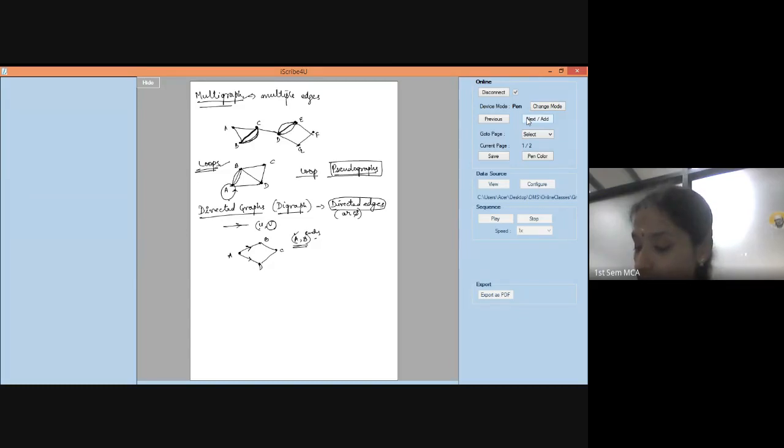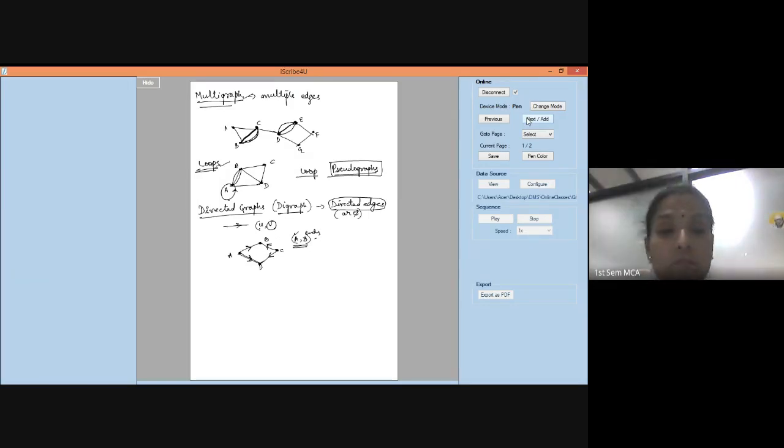Here also it starts at A. This one is A to D. It ends at D because we have shown an arrow like this. I can also have something like this. That means it starts at C and ends at D. Let me take an arrow between B and C. I will take it like this, which means it starts at C and ends at B. Such graphs you call a directed graph.